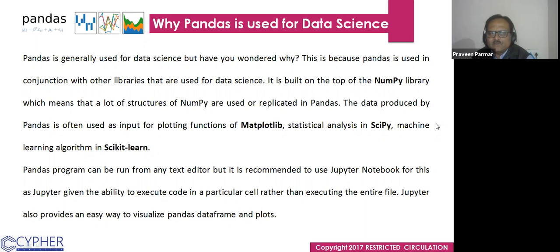In the machine learning algorithm, we use scikit-learn. So this library we will use in the data science part. And a Pandas program can be run from any text editor, but it is recommended to use Jupyter Notebook for this,